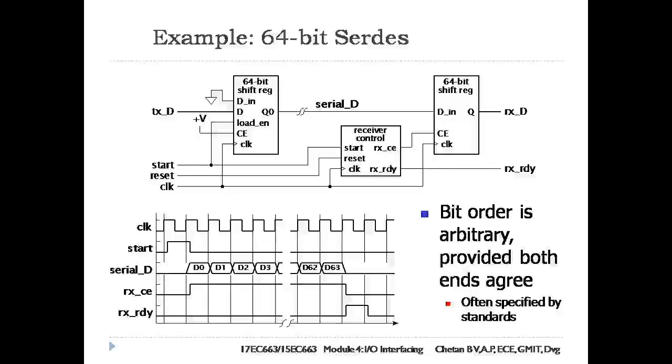The figure shows serial transmission of 64-bit data within a clock domain. Here we have to show how a 64-bit data word can be transmitted serially between two parts of a system. Assume that the transmitter and the receiver are both within the same clock domain and the signal start is set to 1 on a clock cycle in which data is ready to be transmitted.